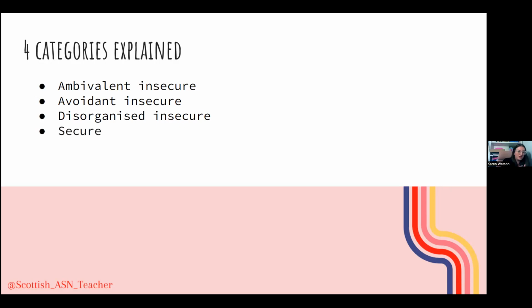Now, finally, we have secure attachment, which thankfully is the most common style of attachment. So this is a child who actively seeks and enjoys the proximity of the primary caregiver. They show signs of distress when they leave, but ultimately they know and they trust that they're going to come back. The trust is there. And the child knows that the caregiver is responsive to their needs. So they're comfortable seeking reassurance. And although they may be upset, they know the caregiver will return and they know that they'll get a cuddle. They know that they'll be fed. And as I say, this is thankfully the most common style. So please don't be scared by all the negativity that preceded it.